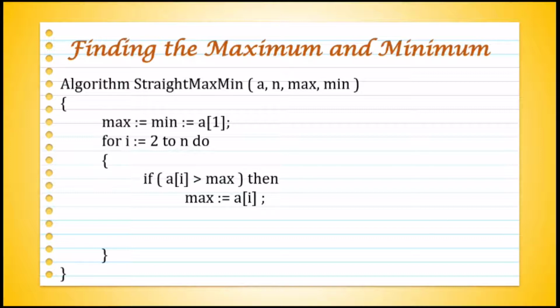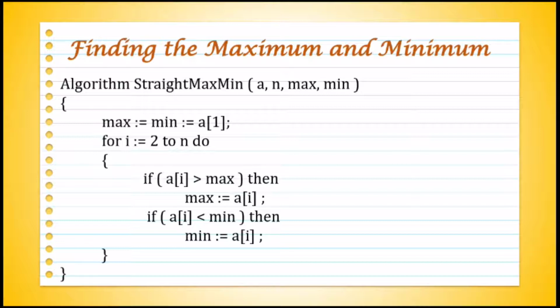Similarly, for minimum, we will check another condition, that is if A of I is less than min. If this condition is true, then we will change the value of min, that is min equal to A of I. So this process of checking whether max and min are available in the remaining list,